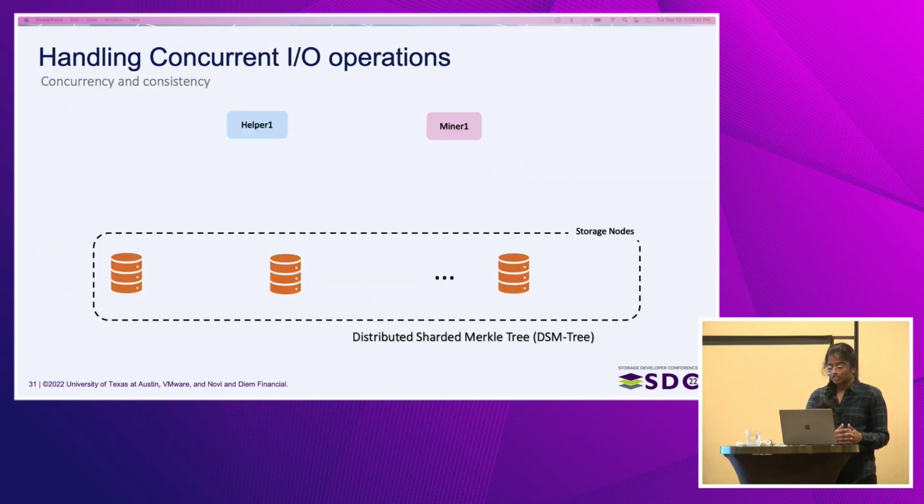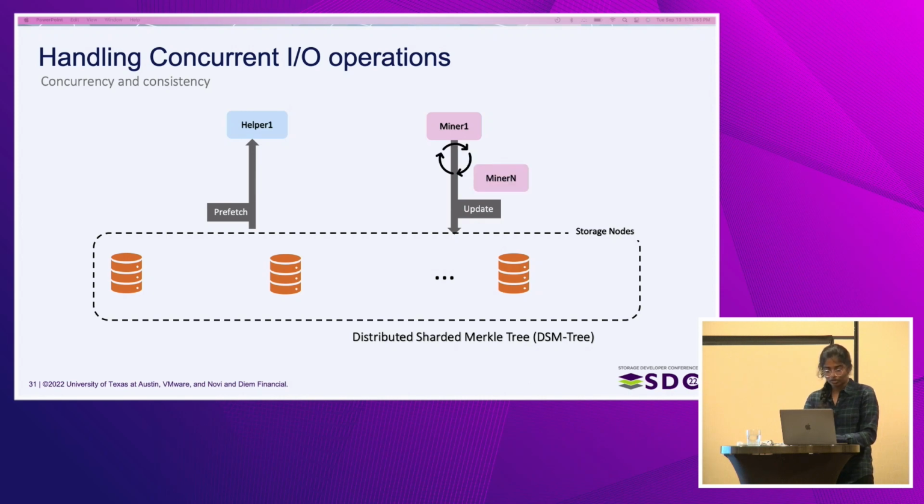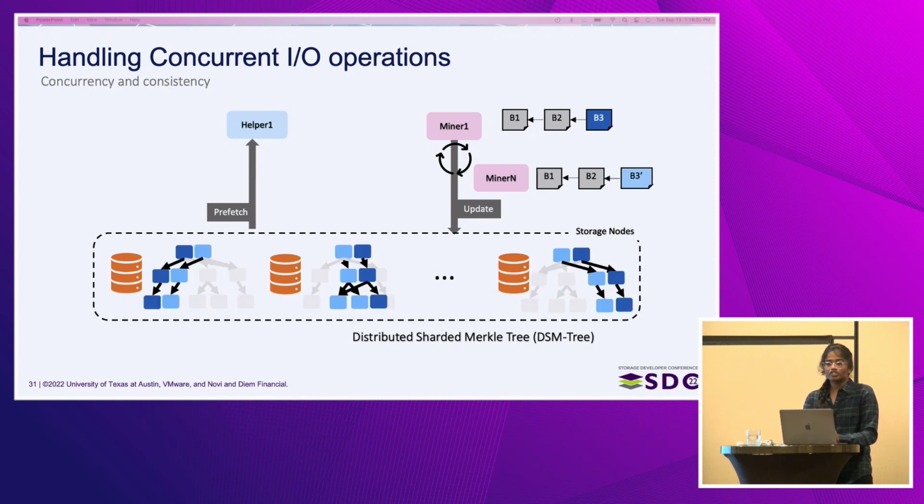So to address the first challenge, recall that in RainBlock, I/O helpers prefetch the data from storage nodes, while miners can update them in parallel, asynchronously. Further, as miners share the storage nodes, multiple miners can update them simultaneously, corresponding to different blocks that they are working on. To handle this, the distributed sharded Merkle tree data structure, or the DSM-TREE, that is across all the storage nodes, employs a copy-on-write methodology to update the storage nodes by creating a new